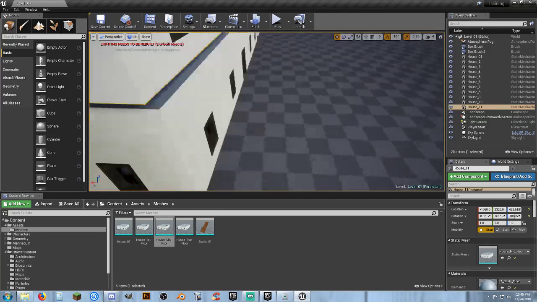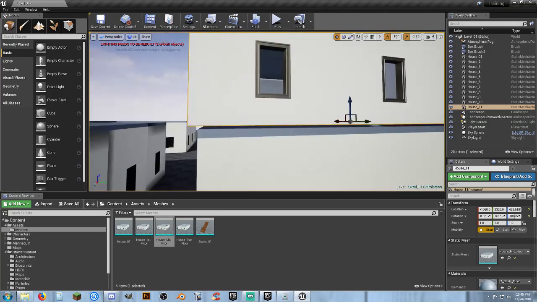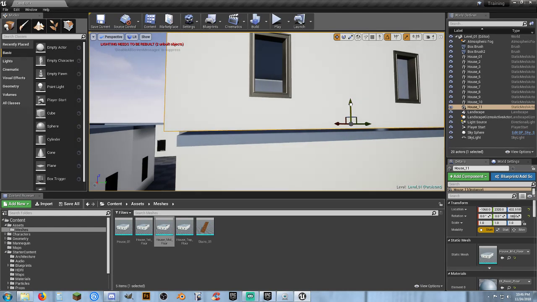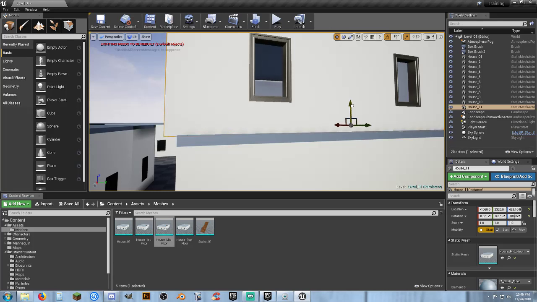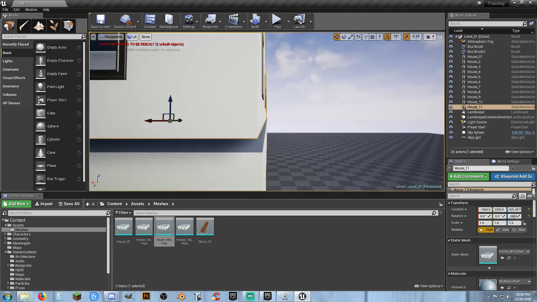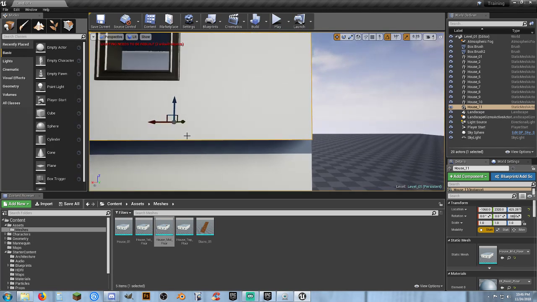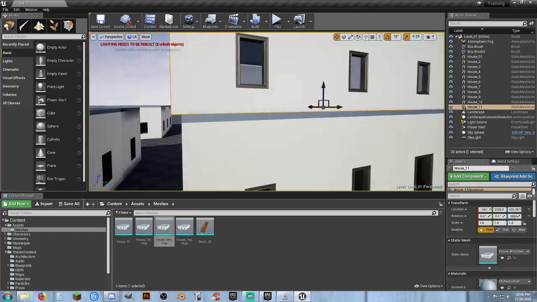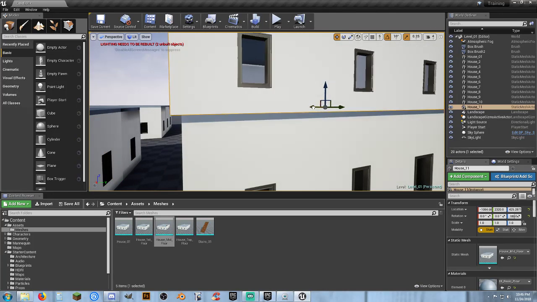Alright, so yeah, you get the point of what we're trying to do here, which is how we can use these cookie cutter pieces to make quick template houses for prototyping a city, a combat map, whatever else. You can use this for rapid prototyping. If you want to do something for a production level, then I would for sure say make your collisions in Blender,